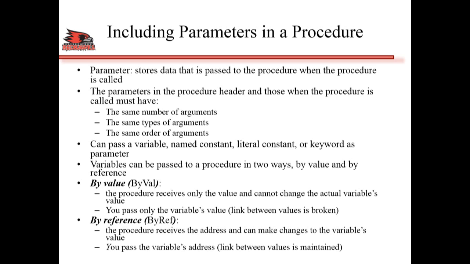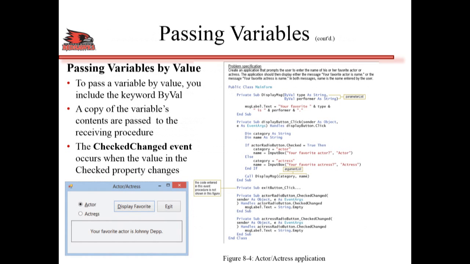Okay, so I think it's high time we look at some examples to actually understand what we just talked about. So here is an example of how to pass variables using value. This application basically displays your favorite actor or your favorite actress, given that you tell it just that this is my favorite actor or actress. It has a radio button, actor and actress, and a button to display the